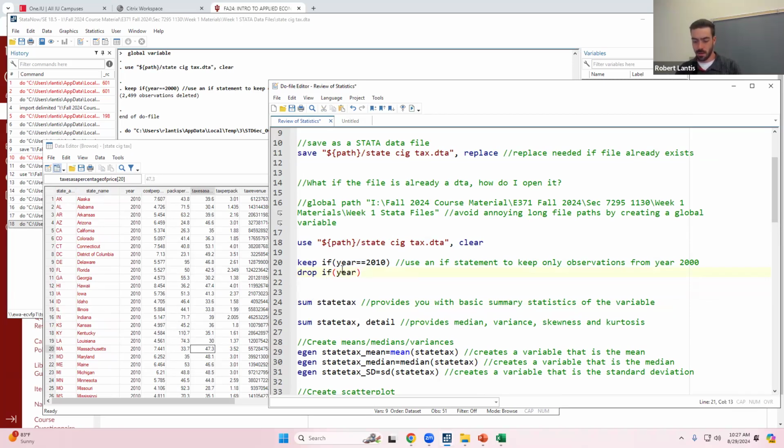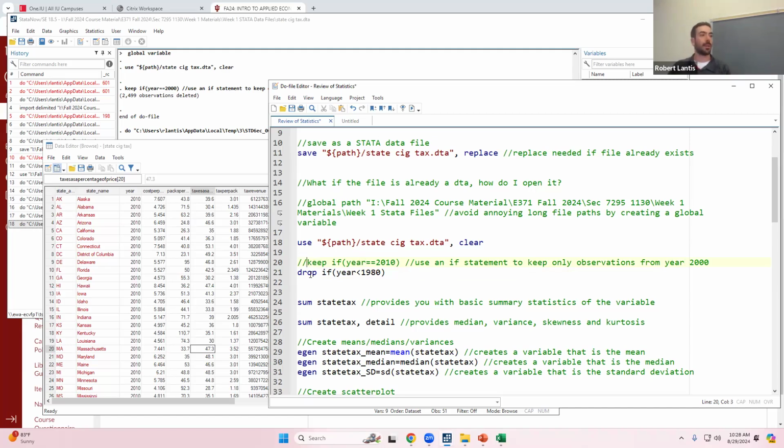Actually, let's say maybe I don't want any observations from the 70s for whatever reason. There were some cigarette laws that screw up whatever question I'm trying to analyze about cigarette taxes and usage, right? So instead of this keep command, one nice easy way is to just put a double backslash. I don't want to run that code anymore. I don't want to just keep one year. I want every year from 1980 and on.